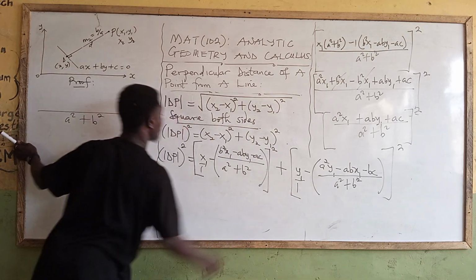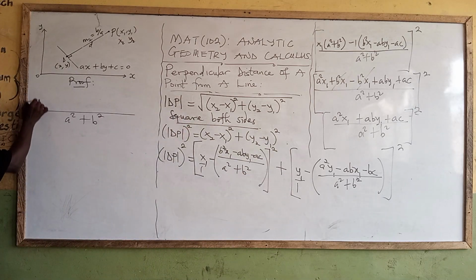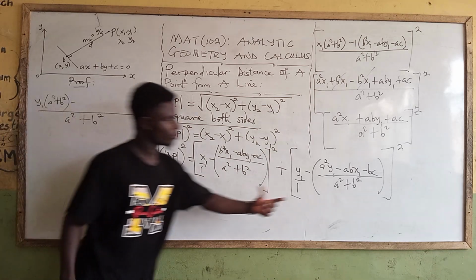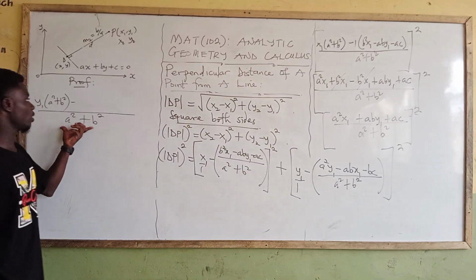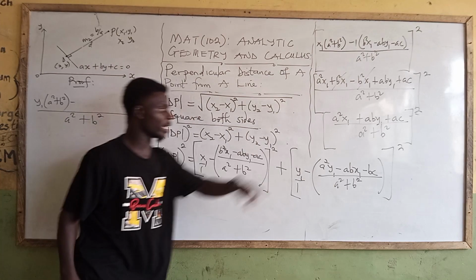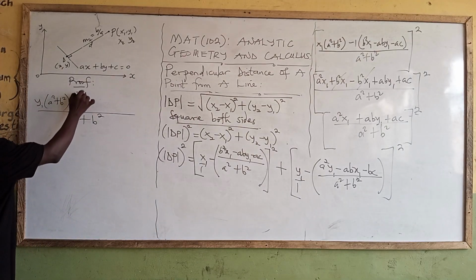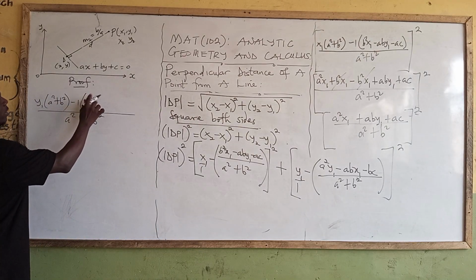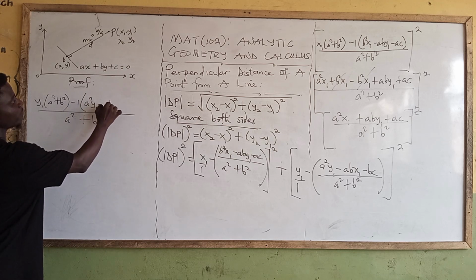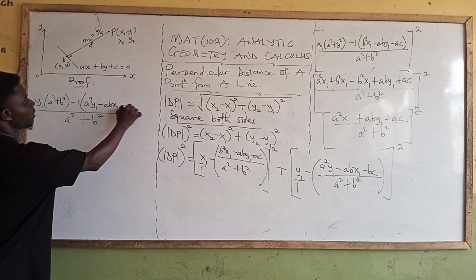So it multiplies y1. So I get y1 times a squared plus b squared minus, a squared plus b squared will go into a squared plus b squared 1. And this one multiplies the numerator. Don't forget the negative 1 times a squared y1 minus ab x1 minus bc